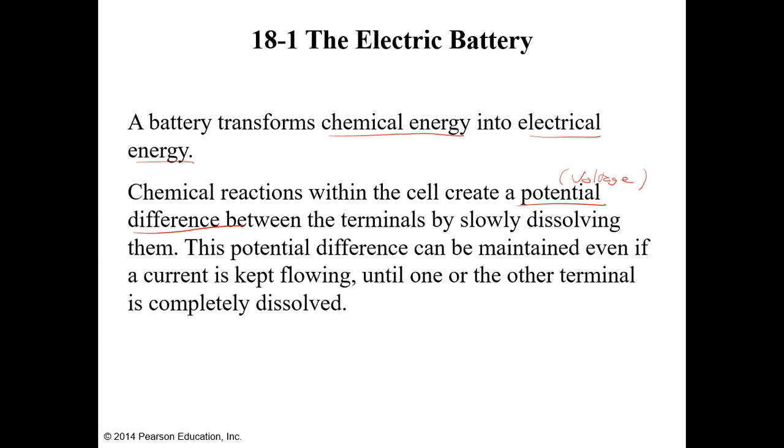So you have a voltage between the two terminals. Now, if you can somehow connect the two terminals, so here's your device, here's your positive terminal, there's your negative terminal. If you can somehow connect them,